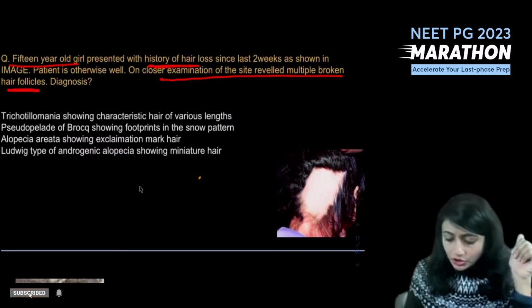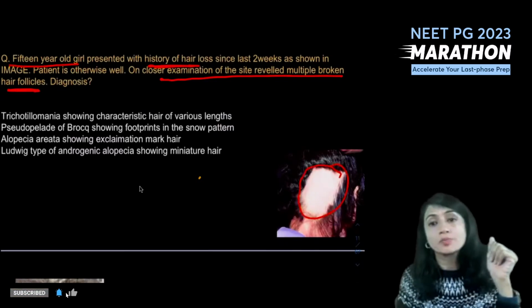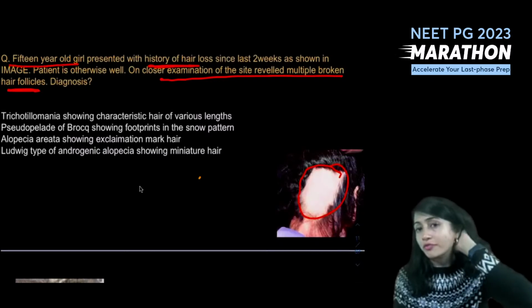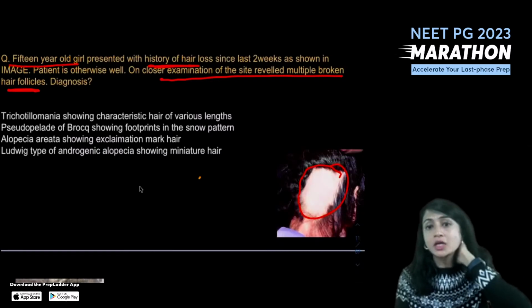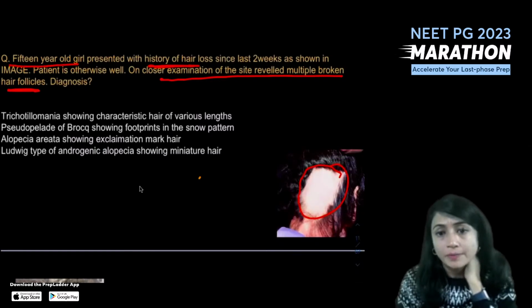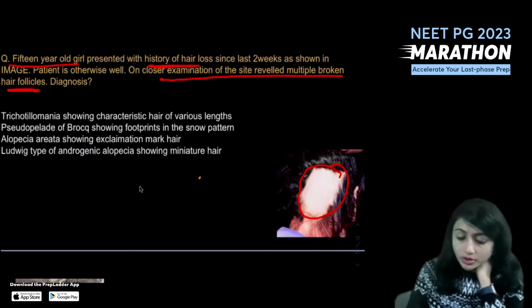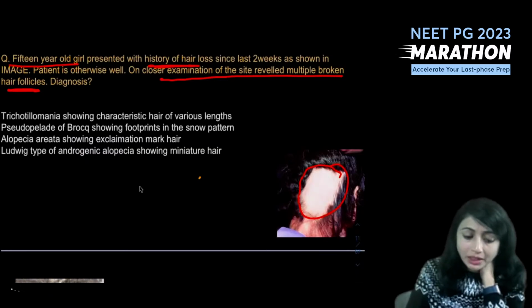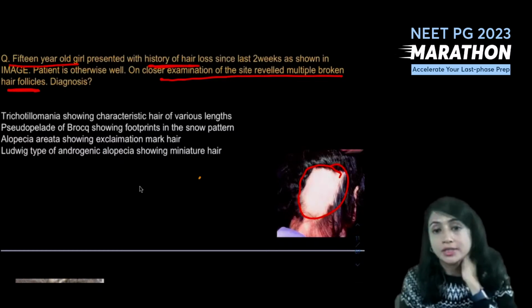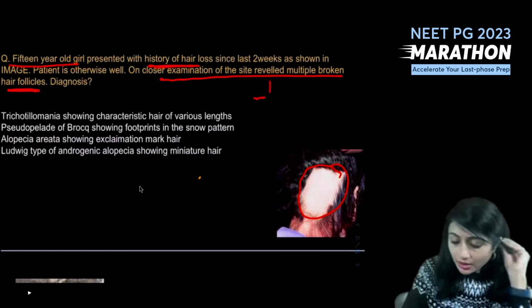Now look at the image here. Where is the hair loss present? Hair loss is present on a very, very accessible site of my scalp. Now, where do I see this kind of a hair loss? Along with presence of multiple broken hair follicles, I see it in